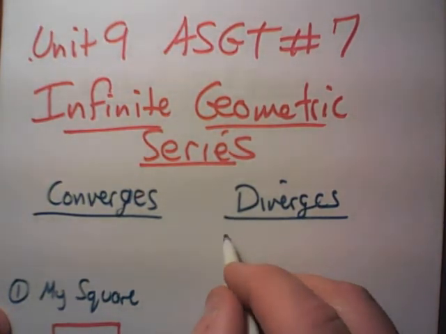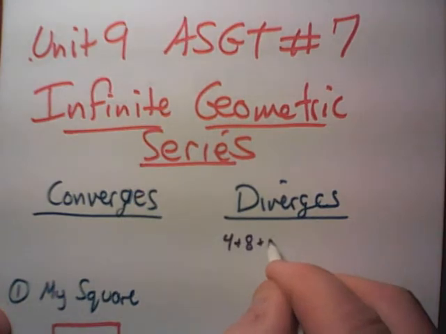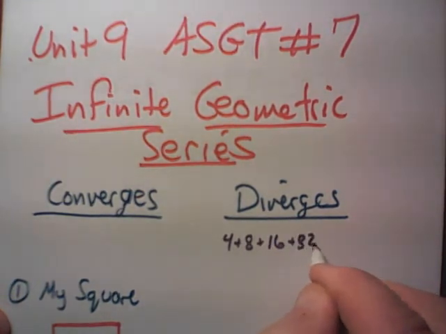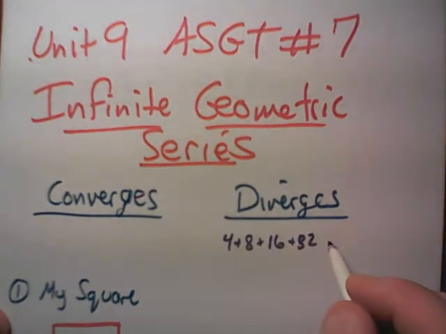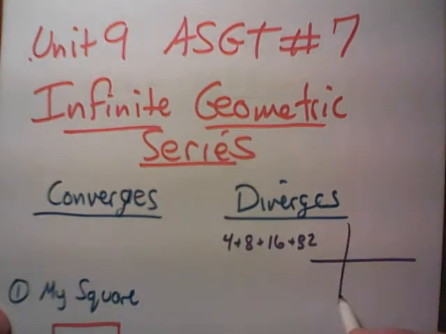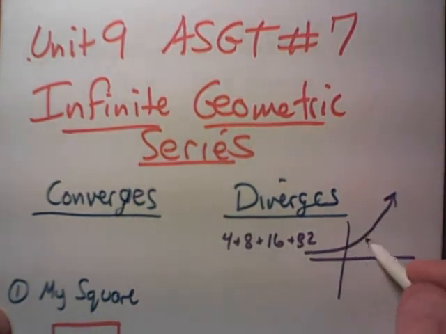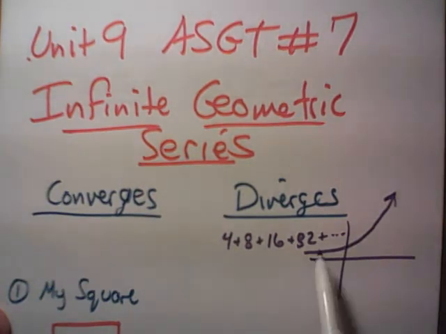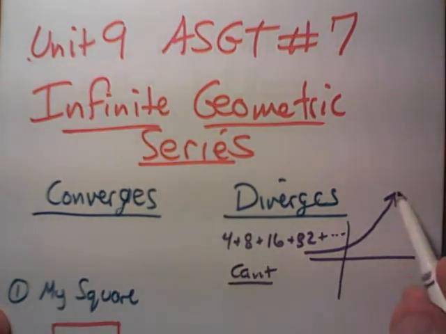If we start off with, let's say, a number like 4, and the next number is 8, and the next number is 16, and the next number is 32, this is getting bigger and bigger. It's very similar to exponential growth. If we were to graph something like this, just like we graph exponential growth questions, it looks something like this. This is diverging. This is getting further and further away from the x-axis. And if this goes on forever, we simply cannot find the sum. We can't find the sum if it diverges and gets further and further away